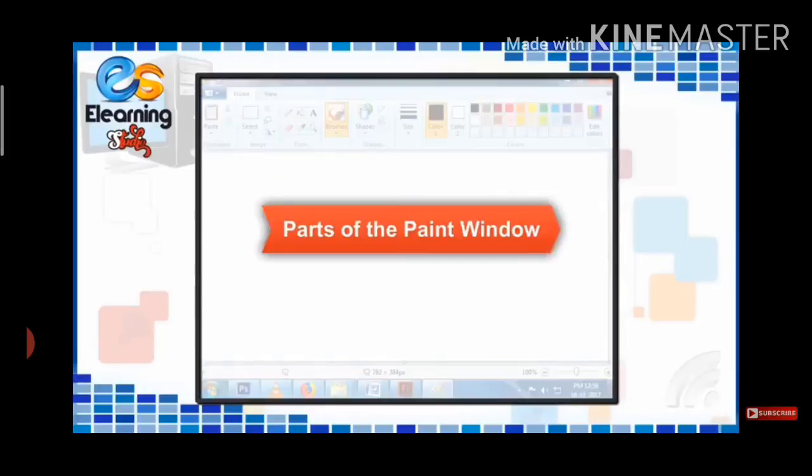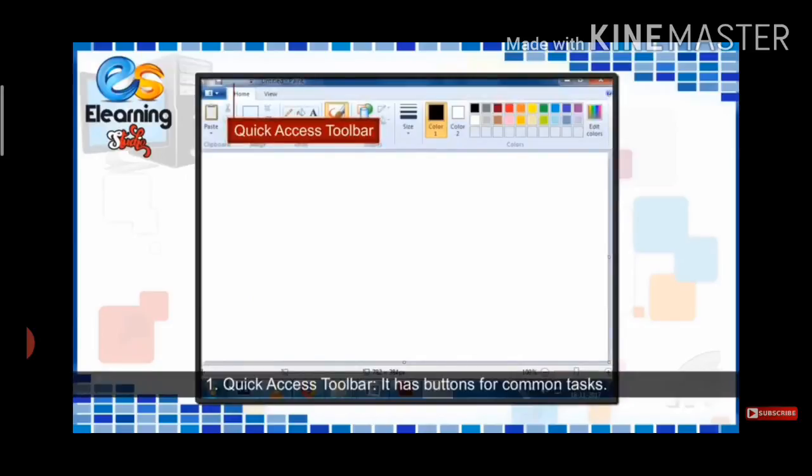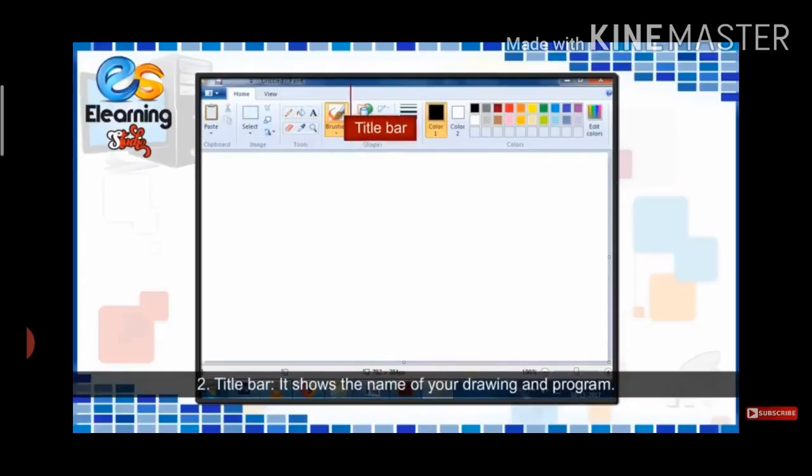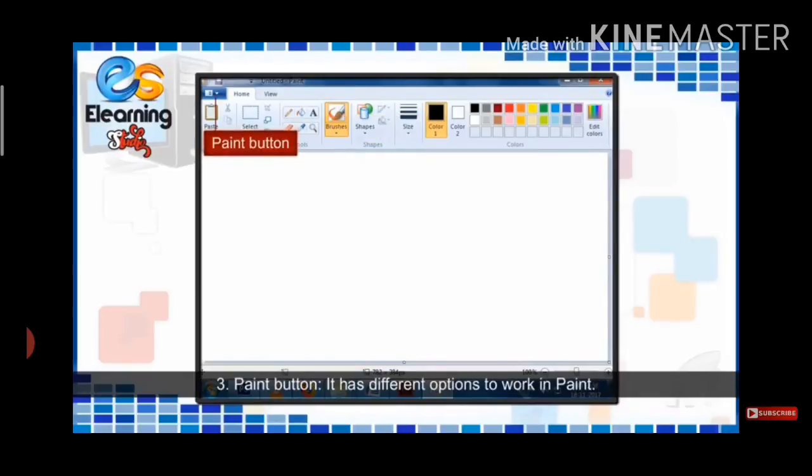Parts of the Paint window. 1. Quick Access Toolbar. It has buttons for common tasks. 2. Title bar. It shows the name of your drawing and program. 3. Paint button. It has different options to work in Paint. 4.